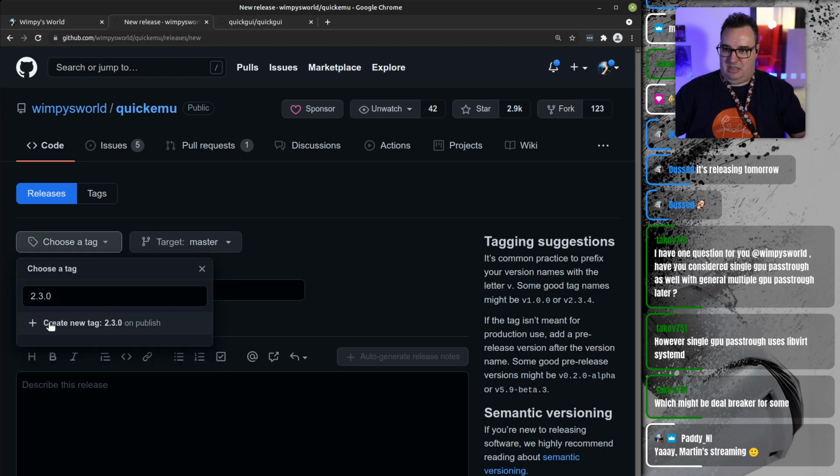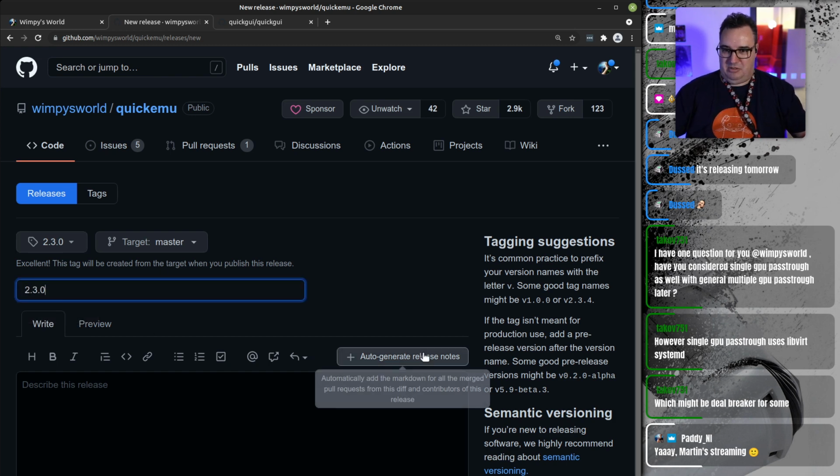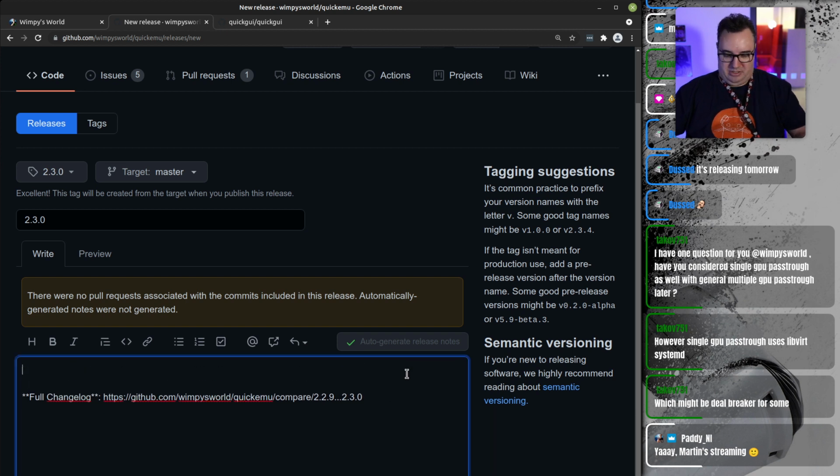2.3.0. I have been using this auto generate, but of course there's not going to be a whole lot of changes because it actually uses pull requests in order to generate that. So we'll just do changes,